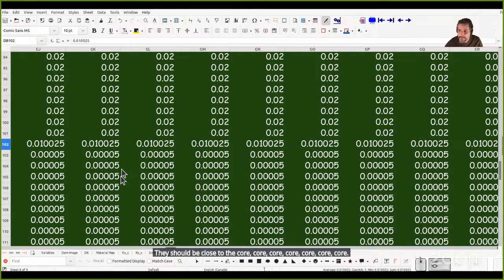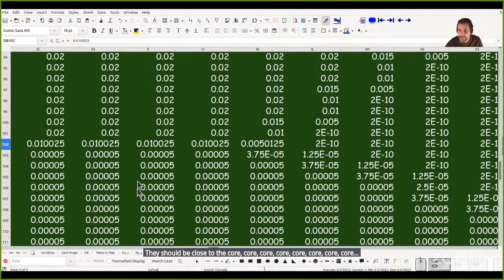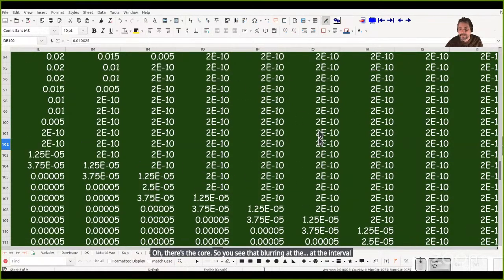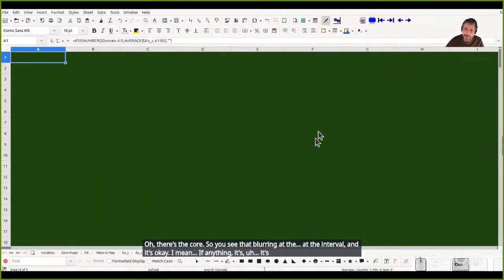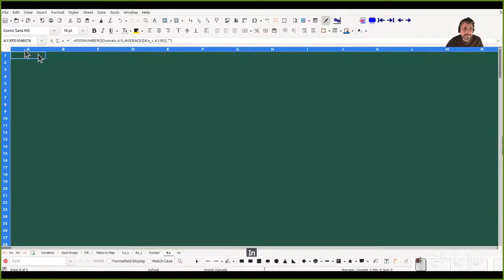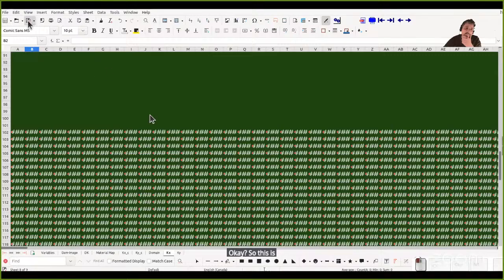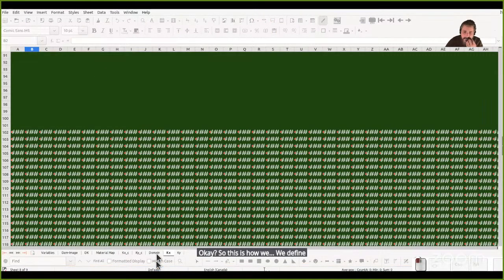Core. Oh, there's the core. So you see that blurring at the interval, and it's okay. I mean, if anything, it's probably closer to reality in terms of how soils mix at their boundaries. Okay, so this is how we define Kx and